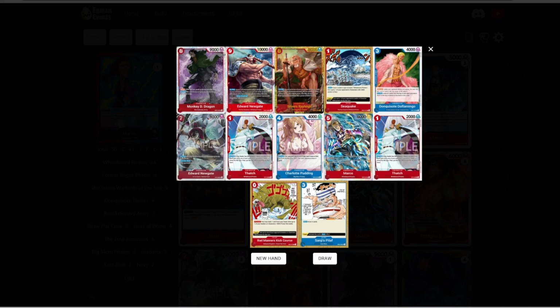I'd probably bottom deck all of those. That's just me, though. Because there's nothing I really want to play off of, like a Sanji, and I don't have a Sanji. I don't have any big drops, and I'm already on...